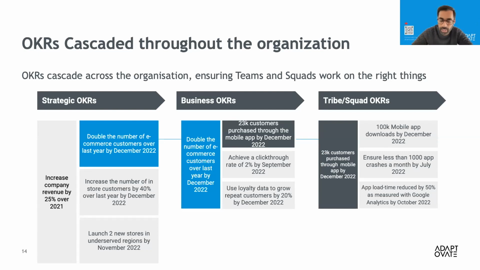So, for example, if the individual squad does not hit the 23,000 customers purchased through the mobile app, that should not tie back down to said developer's work. That developer may be like, oh, maybe I contributed to that to some degree, but that's a completely different conversation. That's more of an introspective conversation between the developer and him or herself. Ideally, you want to separate your OKRs from your individual performance measures from an individual and a direct line manager